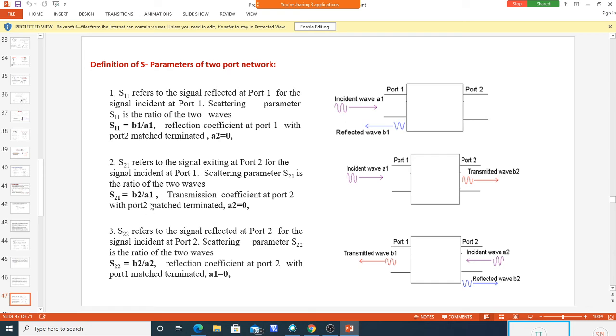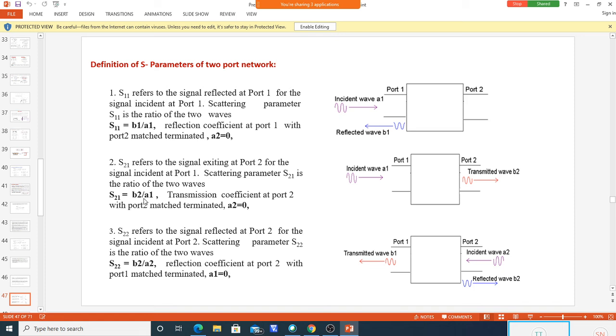By looking at this value, you see what happens at a particular frequency. Sometimes this S21 must be 0. For example, in a band reject filter, what do we want? In a stop band filter, over the particular band the output must be 0. So over the frequency band where we want a stop band, S21 should be equal to 0. That means transmission should be 0. In the stop band, S21 should be 0.